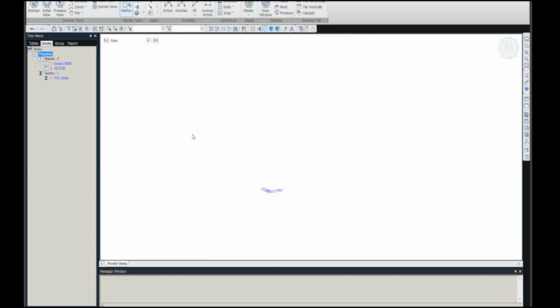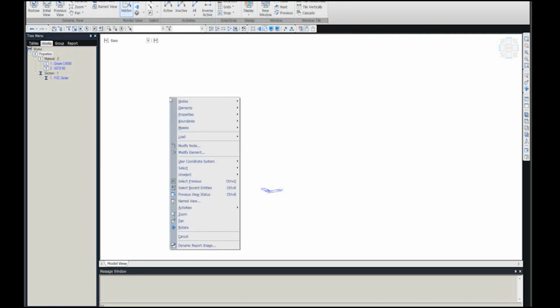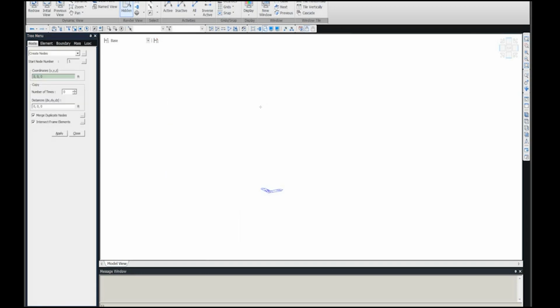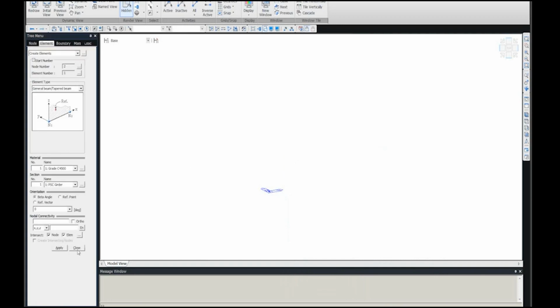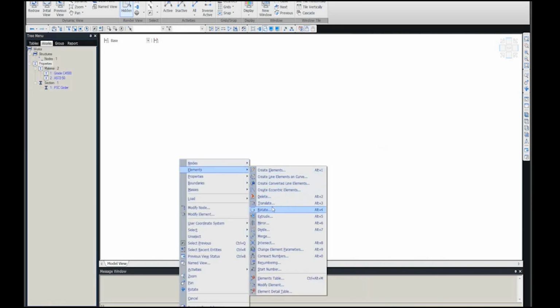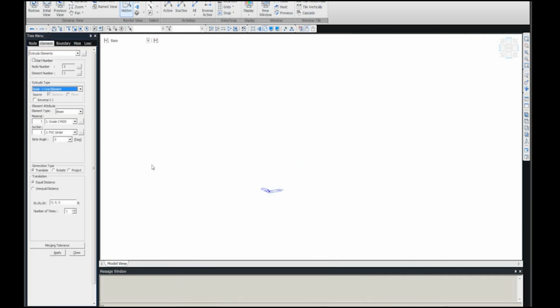What I need to do now is create the nodes and also the elements. For that, just go to node, create nodes, 0, 0. Okay. So what I do today is use the extrude option: element, create element, and then the extrude option. By extrude I can create the elements from the nodes, and I'm going to use this material and this section,